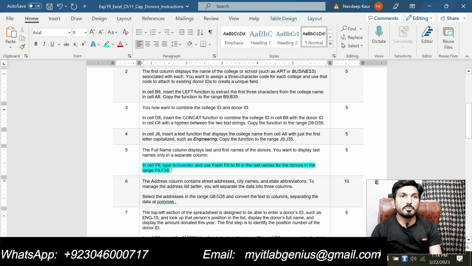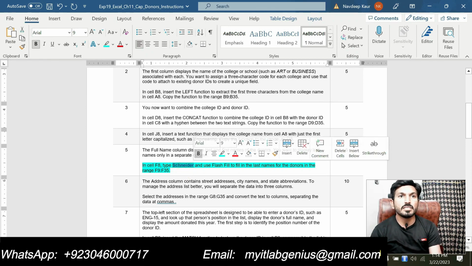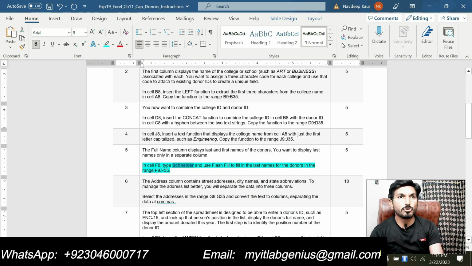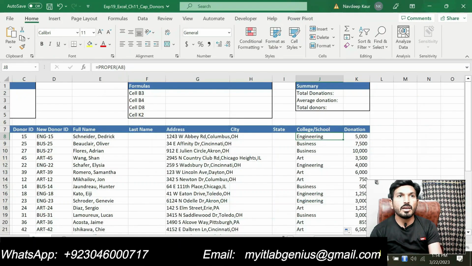So first we will type this one. We can copy this one or we can type this one as well. So I will copy this one, and then we will go to cell F8. So this is F8, and we will type this here.